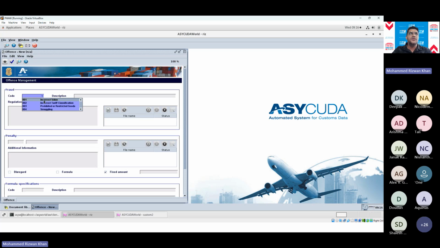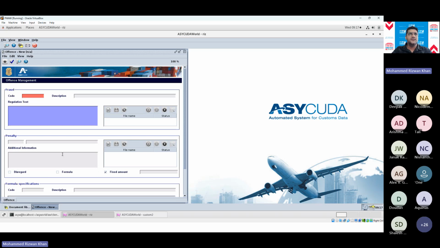This is where you will create the sections, codes, description, and put the regulation. What does that particular section state in the regulation? It is very important to put this because in the printouts, like a demand notice or any correspondence that you provide, this will be displayed clearly. You can also attach snippets of that particular section and where it's coming from.